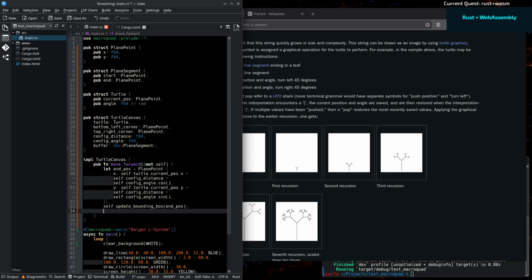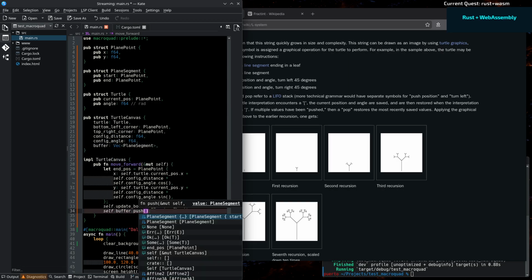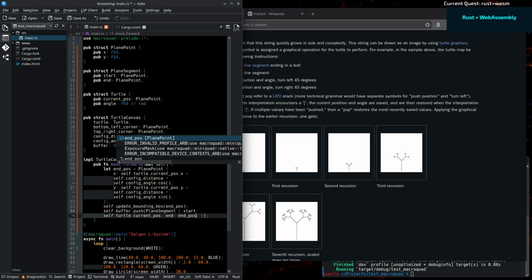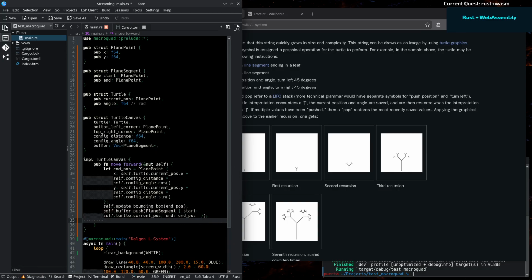So we just go to the buffer, and we add plane segment, the start being self current position, and the end being the end position. And finally,